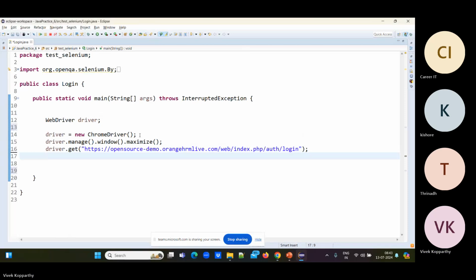It's going to open a browser. Let me execute. Up to this point, you can observe.